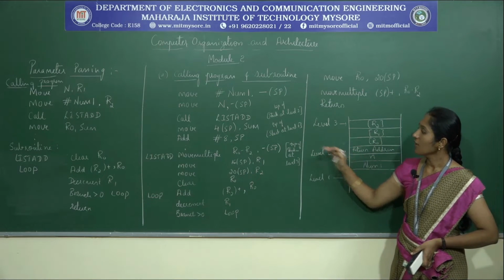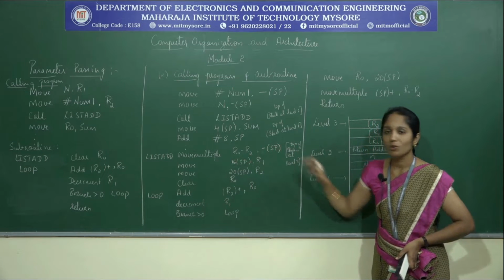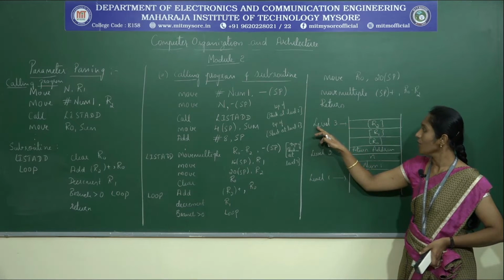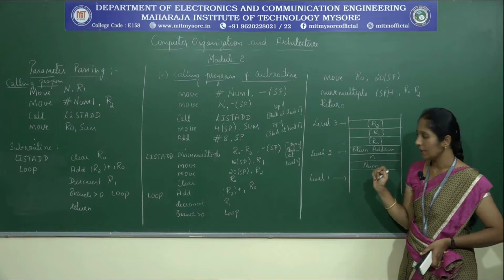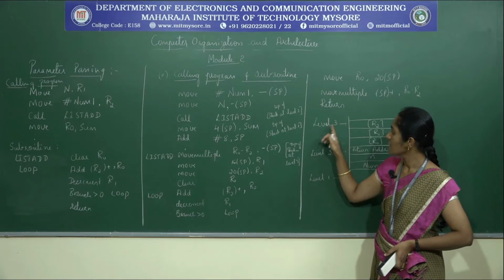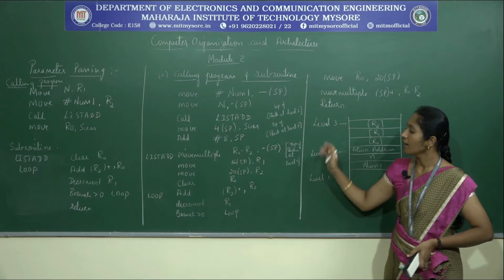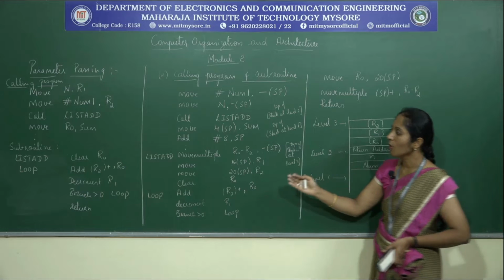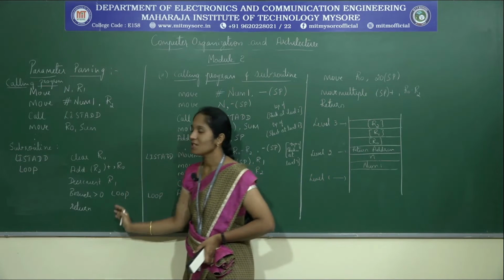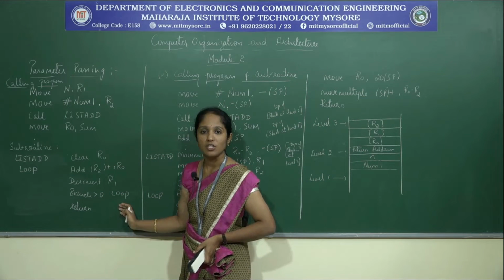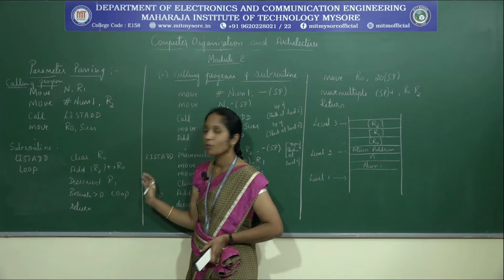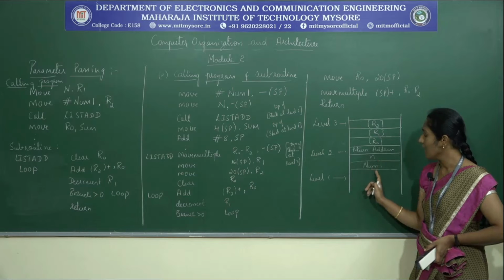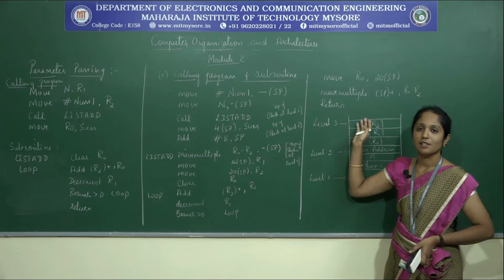Now after storing the contents of R0 through R2, it is at level 3. Since this is at level 3, in order to include the instructions which are essential for performing addition of n numbers, we are supposed to move the stored values, that is n and num1, into the registers.